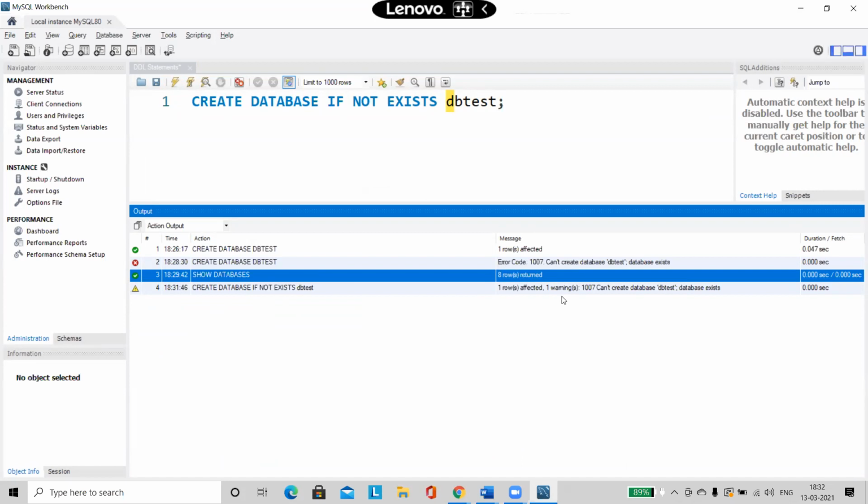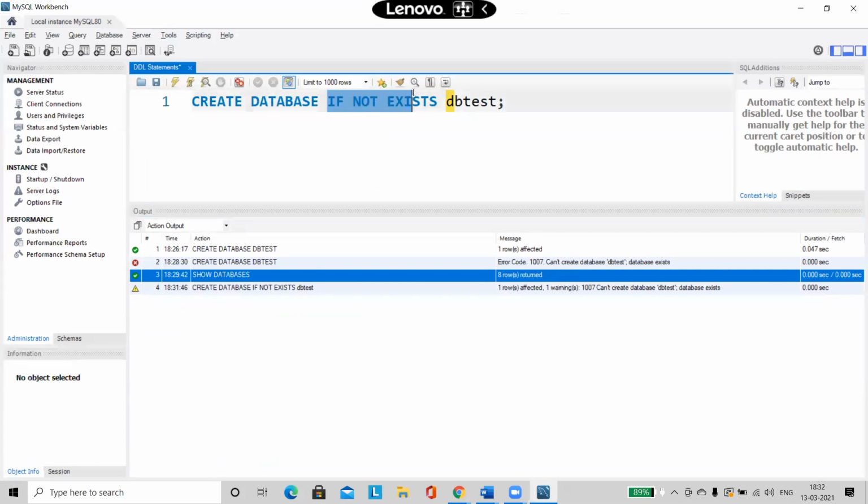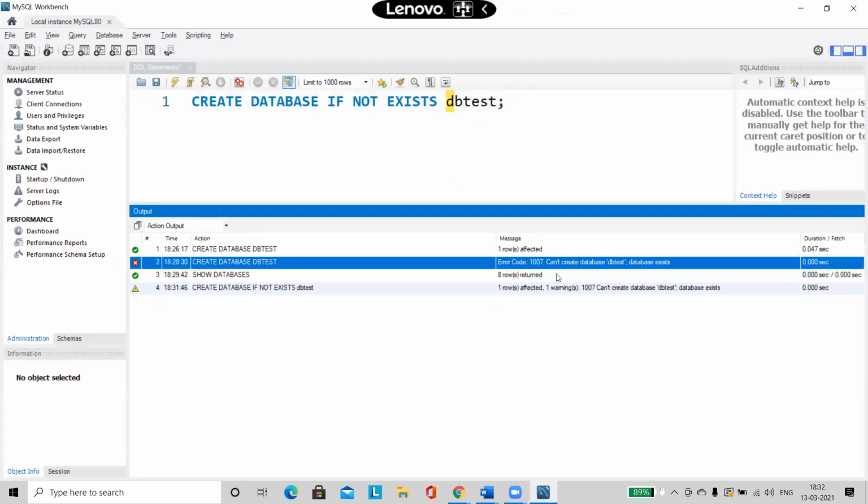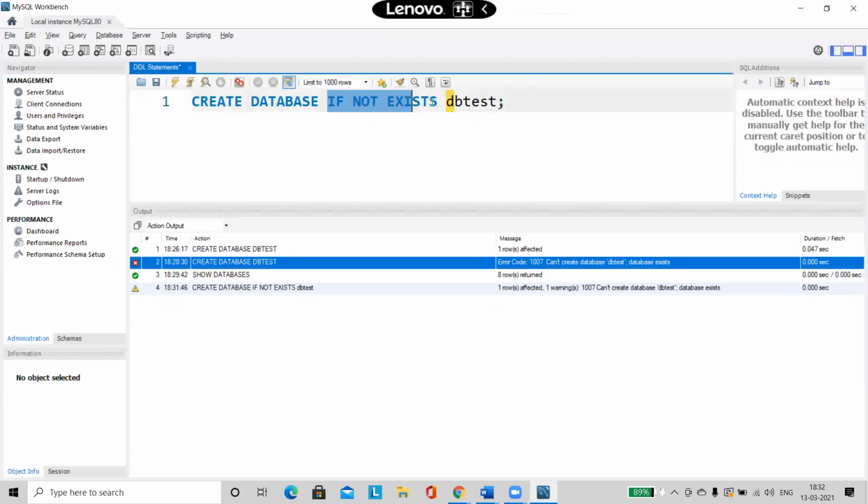There is a difference between an error and a warning, so understand this very carefully. If I do not use this and I run this query, it is going to throw me an error. But now when I say if not exists, first it will take this name and check it with all the database names that are actually there in my server, one by one.